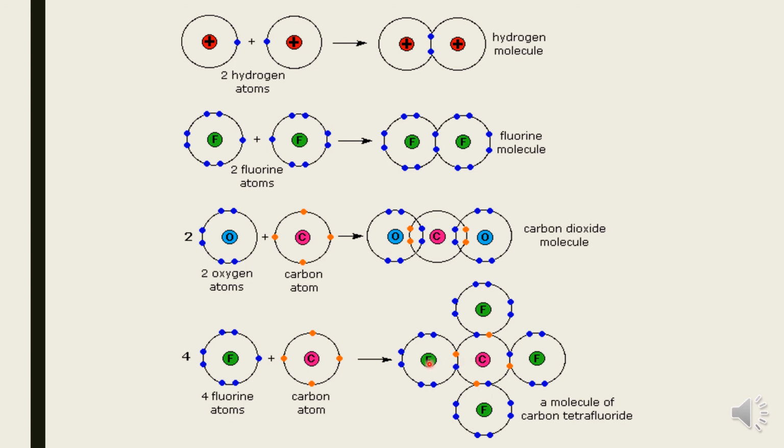In this way, by single covalent bond, fluorine octet will be completed because it already has 7 electrons, and carbon, after making 4 single bonds with 4 fluorine atoms, will acquire its 8 electrons in its valence shell. In this way, children, we used to form the electron dot structure and the bond structure of the covalent compounds.